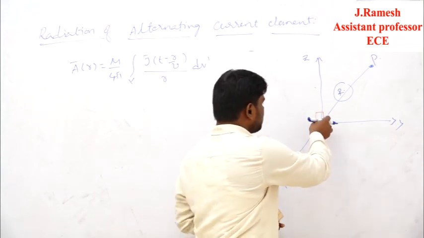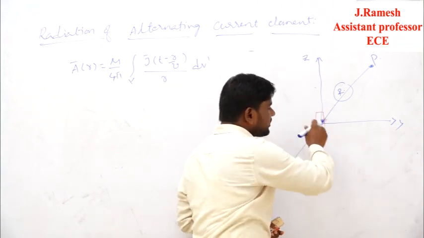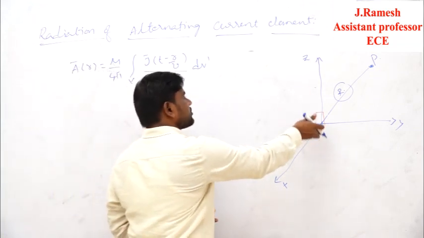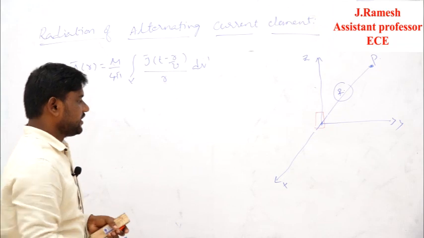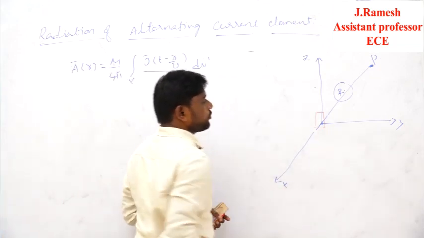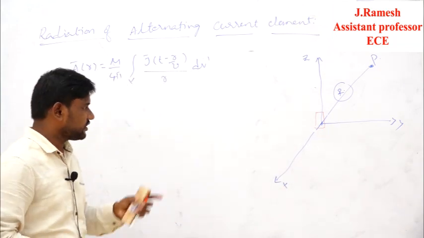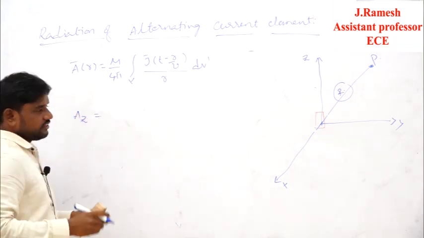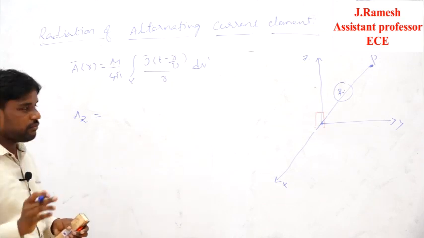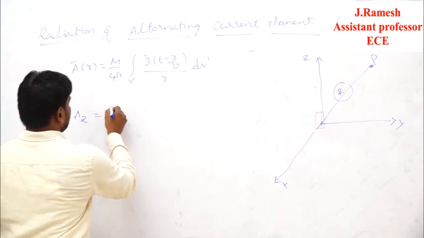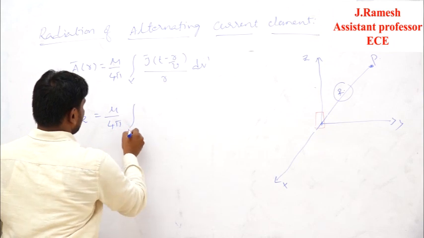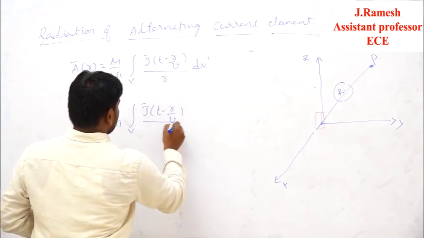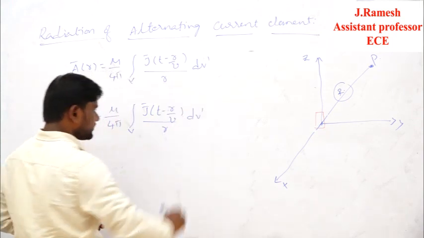So if you observe, the location of the element is on the z axis. So z axis means what? The propagation is only in the direction of az. So that means in the x-axis and y-axis both elements will become zeros. So now I will get only the z element. In the direction of z only we are having the component, that I can write as mu by 4 pi volume integral of J bar of t minus r by v by r into dv dash.